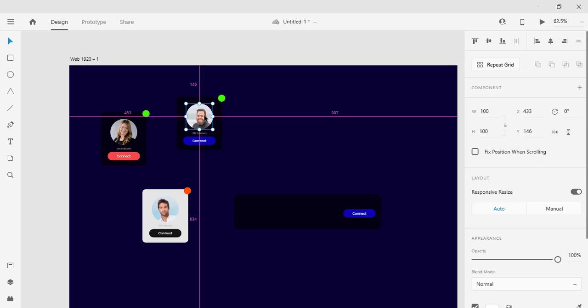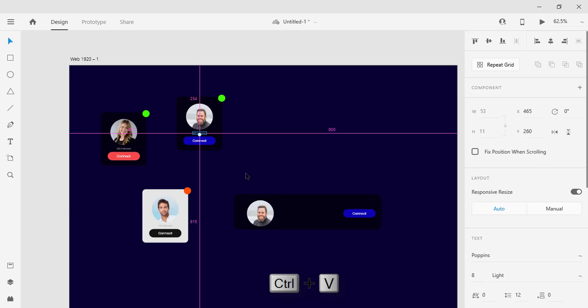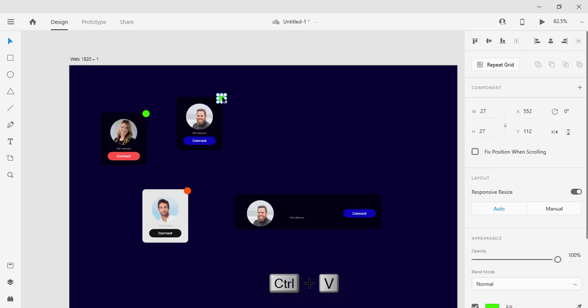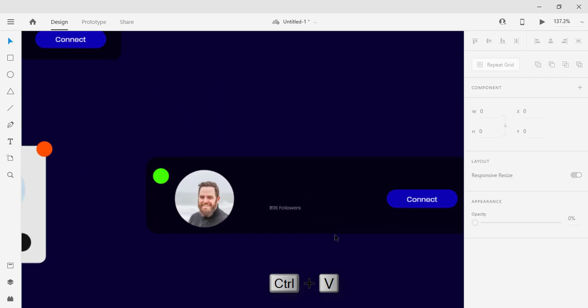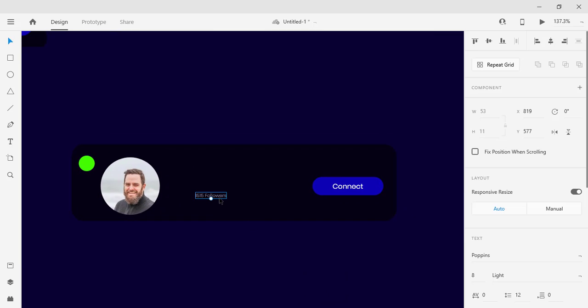Take this again, copy. It is on the back side. Control X, Control V. Let's take this again, Control X, Control V, and this again, Control X, Control V. So we have almost all the elements available here, but we need to resize them properly, and we need to add some more elements.